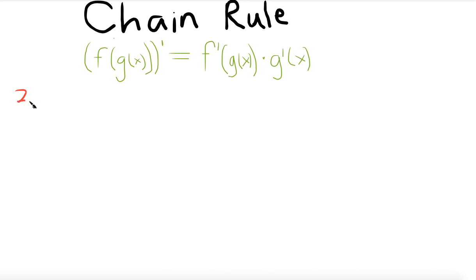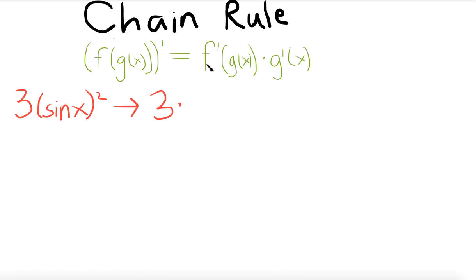So to look at an example of this, let's start with 3 times sine of x squared, or sine squared of x. To differentiate this, I'm just going to use an arrow to show differentiation. We can ignore our coefficient. We'll just leave it tagged on in the front of everything else, and we won't worry about that quite yet. So our first step in the chain rule is to take the derivative of the outer function,